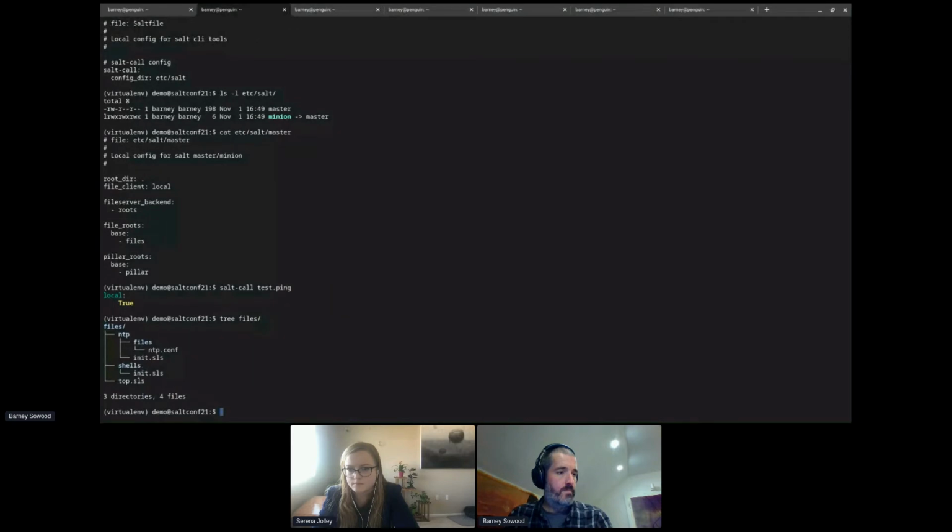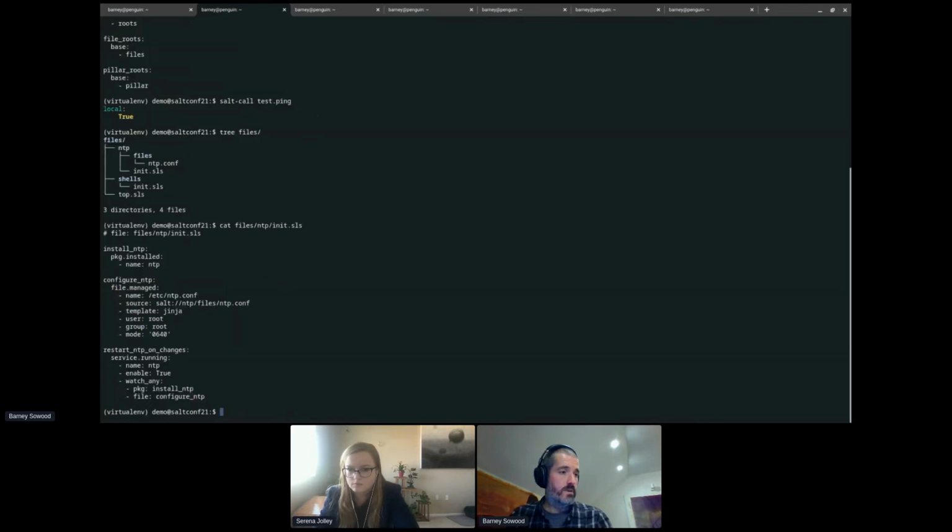Okay, so then we've got some really simple test states that we're going to use as we go through this, just to demo some of the things I'm talking about. If we have a look at one of those, it's a simple state to set up NTP: install a package, install a config file, and then restart the service and enable it if necessary.